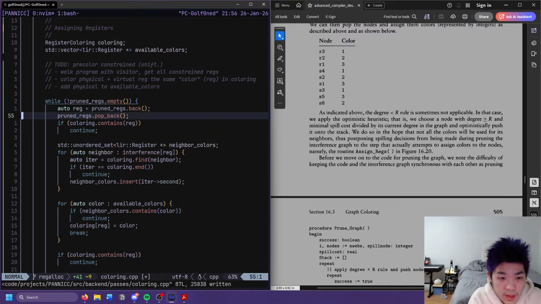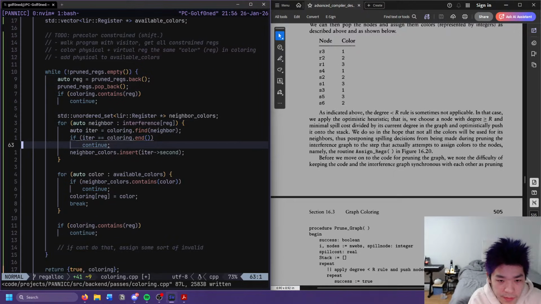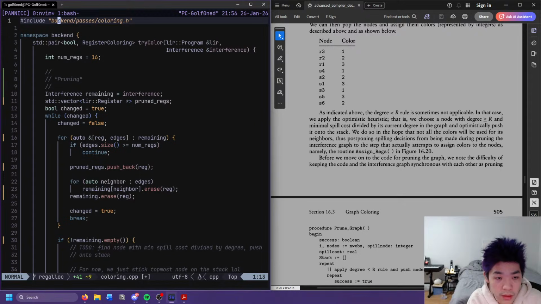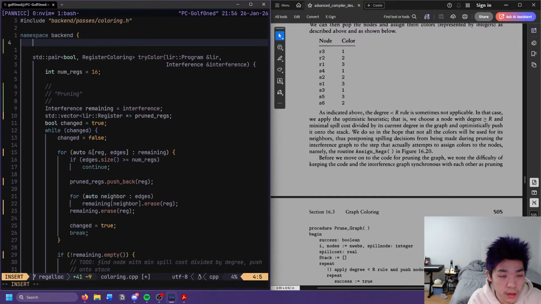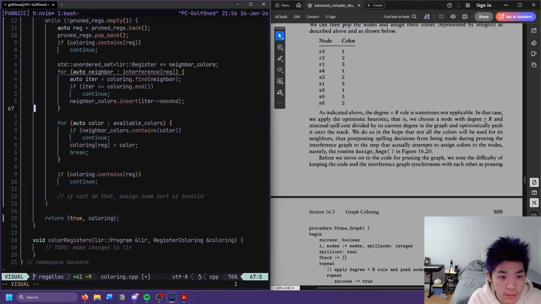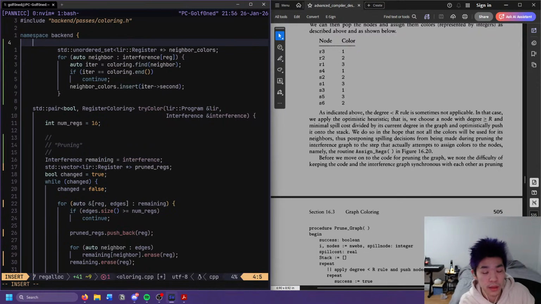Okay, so this is pop. I guess I should probably group this better. This is awful. Maybe I could make like a get neighbor colors thing just to make this less ugly. Let's maybe do that. So let's just throw this up here for a second.